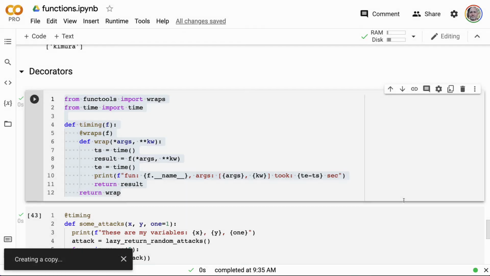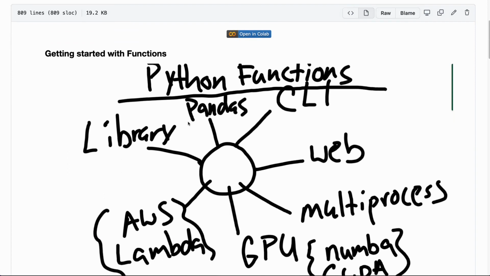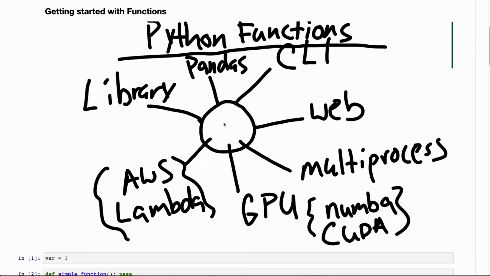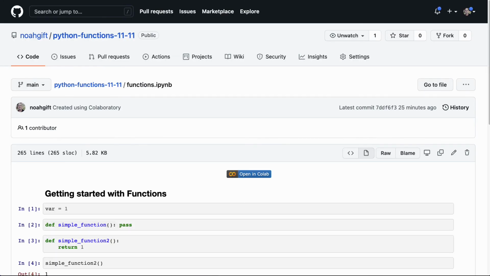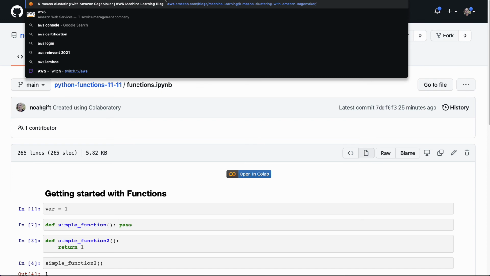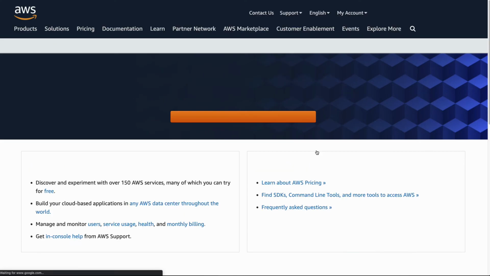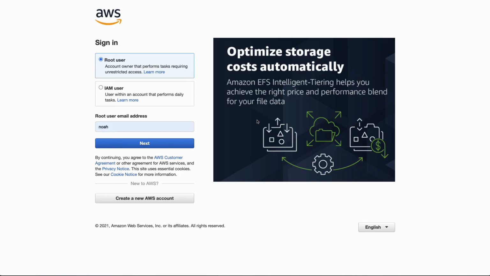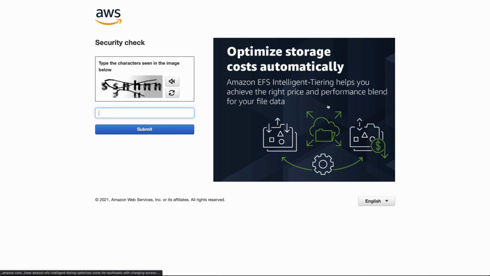Okay, so I think we have a little bit of time for me to highlight again all the cool stuff that you can do with Python functions here. In particular, one of the ones I'm going to show you that's kind of a cool one is AWS. So let's go ahead and take a look at the AWS Console real quick. And it really is the same concept as what we just covered. So let's go through here. I'm going to log in real quick. And let's try this.